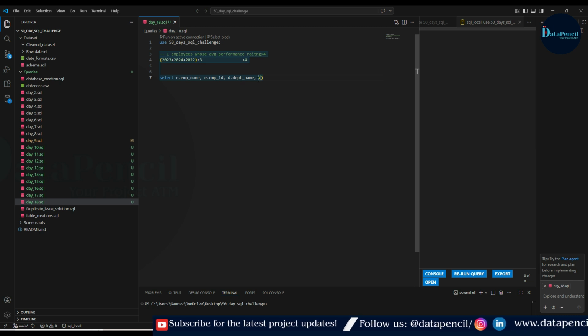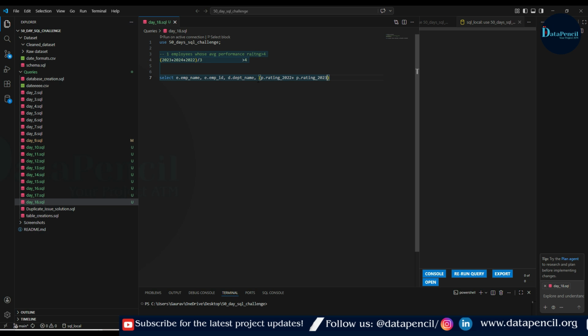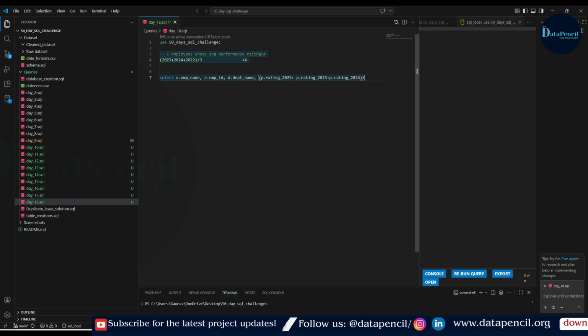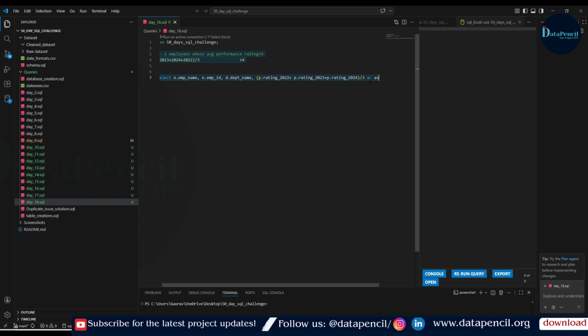So let's write performance table's rating 2022 plus performance table's rating 2023 plus performance table's rating 2024, correct? Now let's divide it by 3. So we have divided it by 3 and let's give it a name, average rating.